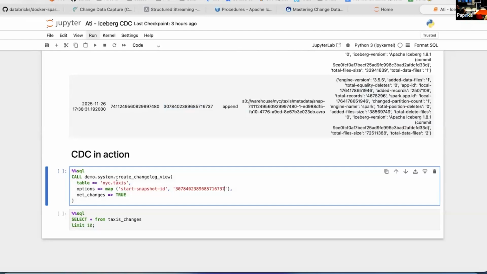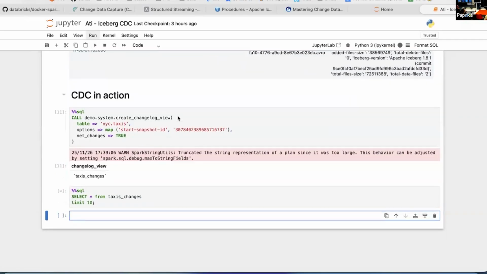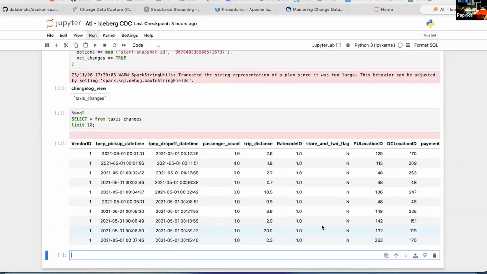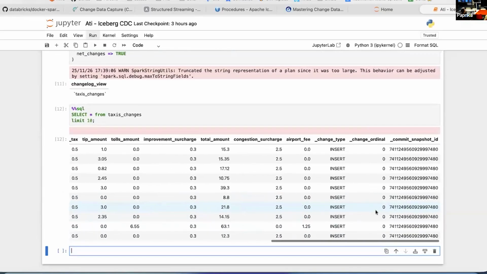With the toolkit I mentioned, I would download it from somewhere and create this changelog view. And last but not least, if everything is okay, I get the data. So now you can see only data that have been added since the last snapshot. Yeah, so this is how it works with the native Iceberg toolset.